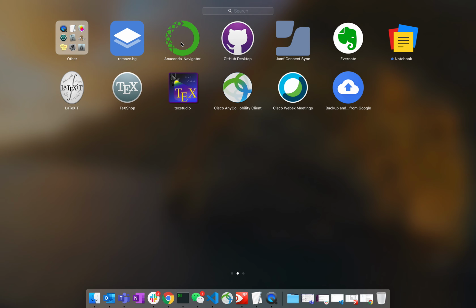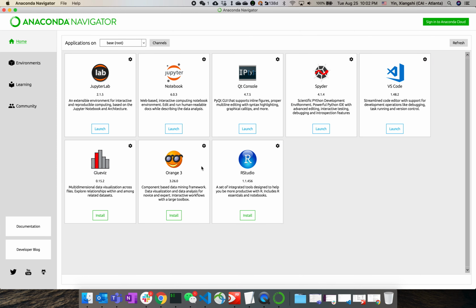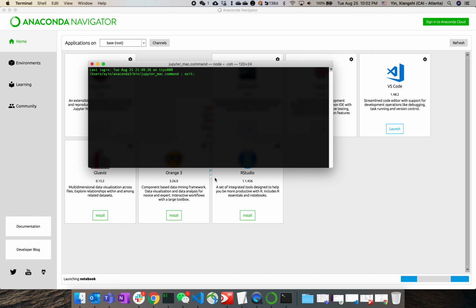So if you click it, the procedures are basically the same, no matter whether you're on Mac or Windows. You click it and load, and once it's ready, you should have an interface like this where you see an icon for Jupyter Notebook, and if you click launch, that will